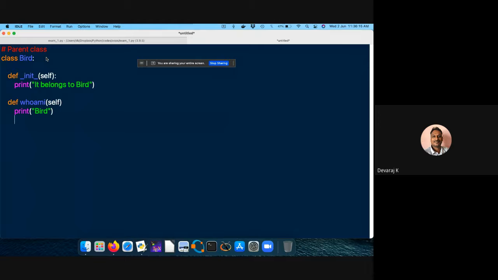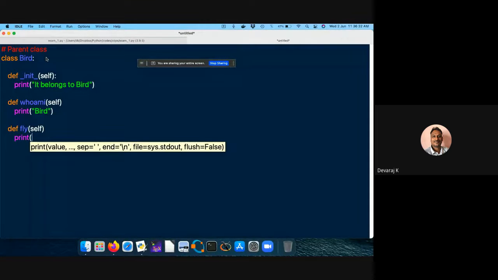Then I can go to one more instance that we create. So birds can fly. So def fly, self. Let me print it. I can fly. Some sentences I'm trying to create so that this can be run.